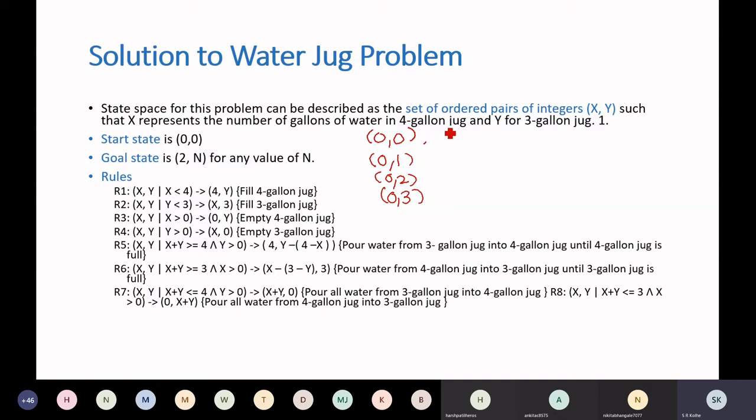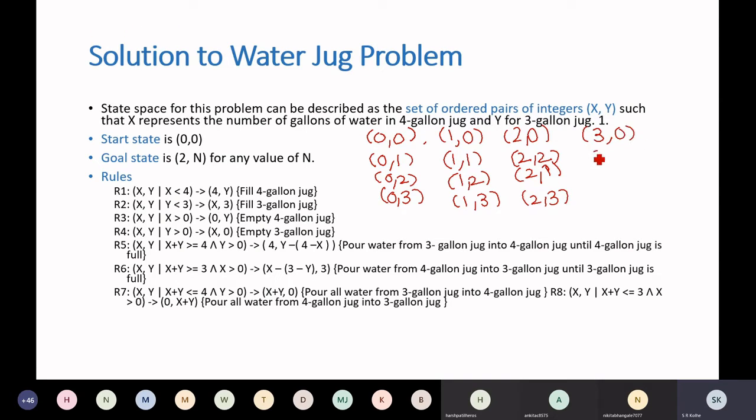Then the first jug may contain 1 gallon of water: (1, 0), (1, 1), (1, 2), (1, 3). Another possibility, it may contain 2 gallons of water, so (2, 0), (2, 1), (2, 2) and (2, 3), then (3, 0), (3, 1), (3, 2), (3, 3),